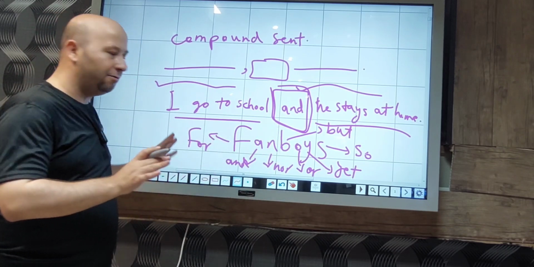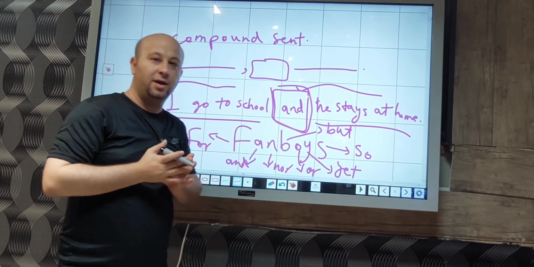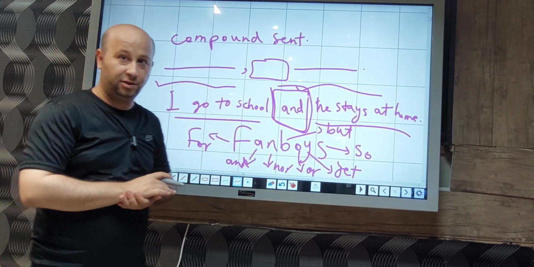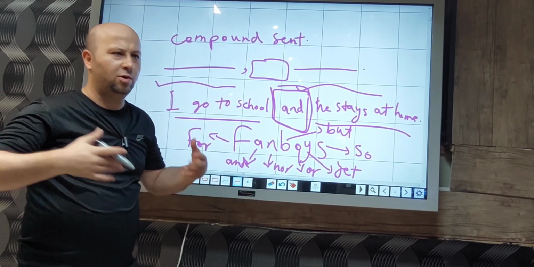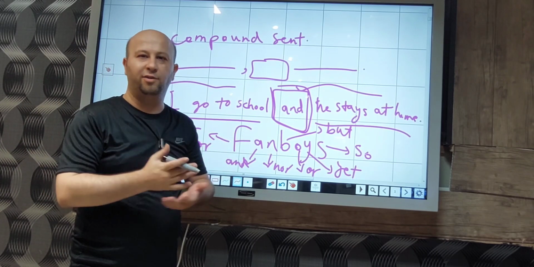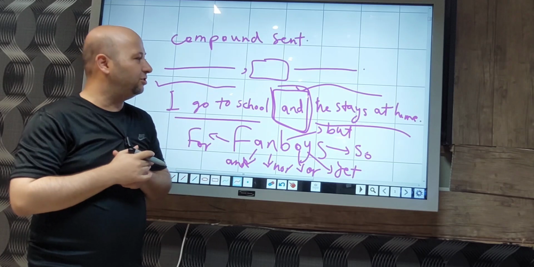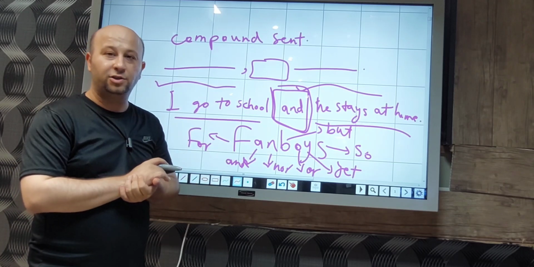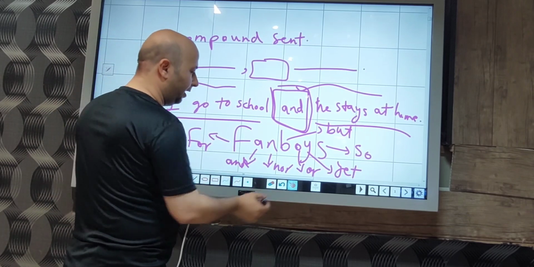Okay, so whenever you're using these words to connect sentences, it means you're making a compound sentence, and it is higher than just a simple sentence. So why don't you want to use just simple sentences? Because you want to show that your level is higher. I mean, you can show that your command of that language is higher, so you're going to get a higher score. Okay, so let's move on to the